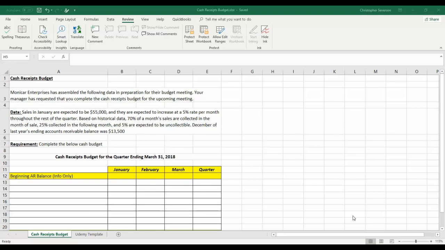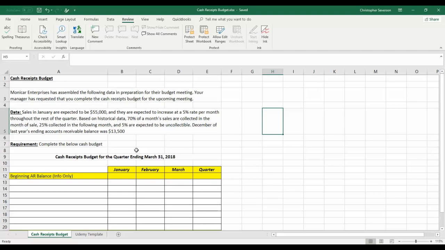Now, this problem is very similar to one that you might see in any normal textbook. It gives you some of the data. There are a few different ways this type of problem can be tested, but again, this is a pretty common approach. So with this problem, we have a company named Monocar Enterprises. They have assembled the following data in preparation for the upcoming budget meeting, and now we're trying to complete the